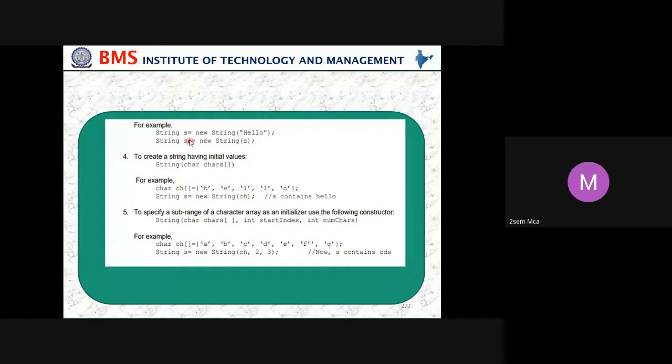Okay, let us take an example. "Hello" is one string created, one object created with the name s, and this s is passed to one more object called s1. So that's what here we are passing in objects. So s is created, and what is present in s? In s we have "hello", and that s is passed to one more object called s1.